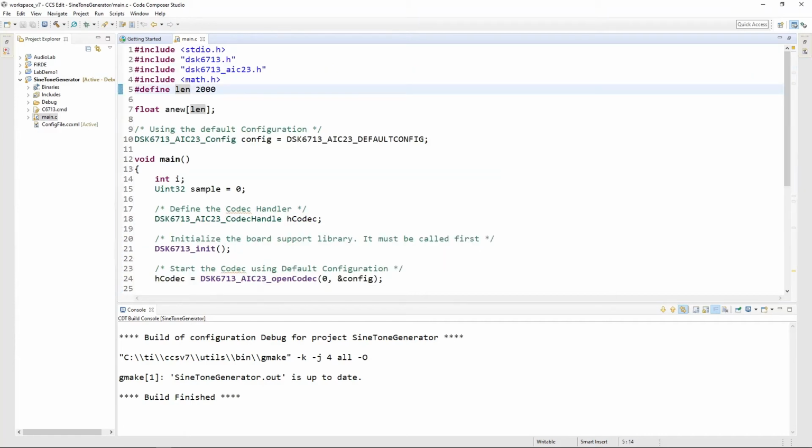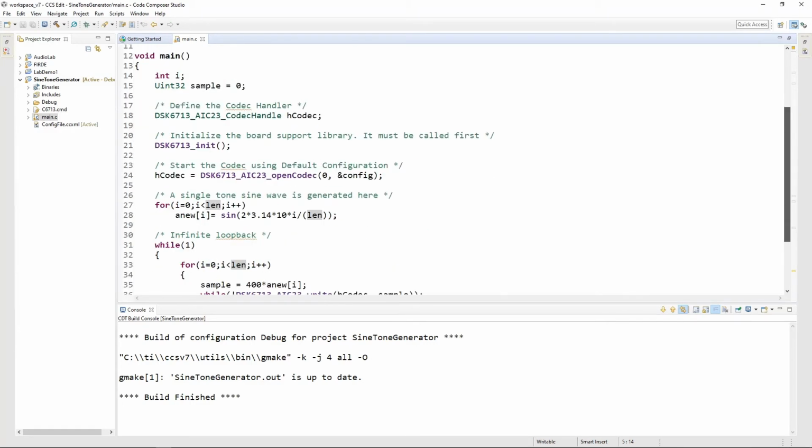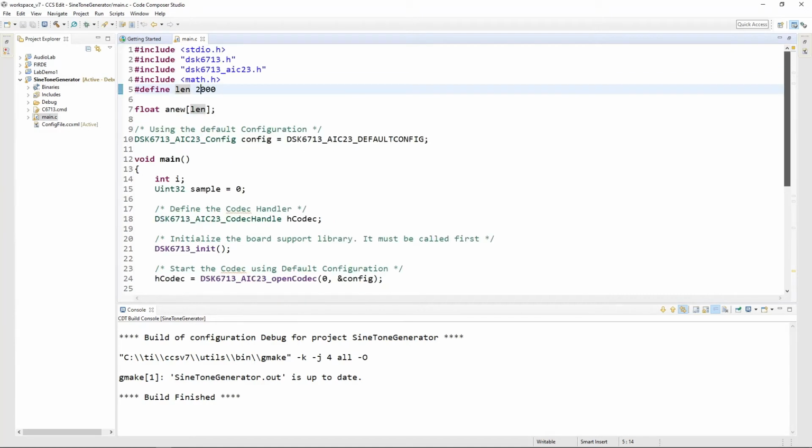We can see that the length has been defined as 2000. It means that a sinusoid with 2000 values has been generated and saved into a new register, a new array. After successful generation of the sine tone, we need to output this generated signal onto the headphone